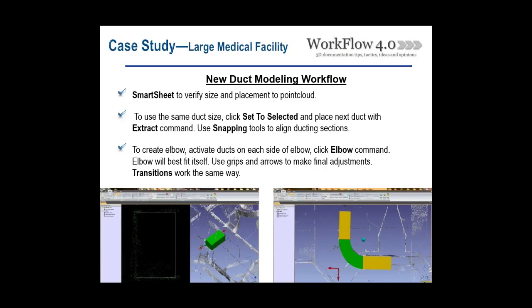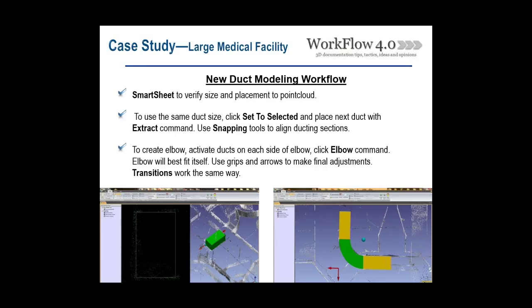The snapping tools were a real big help. A lot of the problem I was running into before was having the ductwork stay collinear. So when you go to do an elbow, it actually makes an elbow that is parallel to the floor or to the ceiling. And the elbows, I noticed, were a lot quicker to do here in